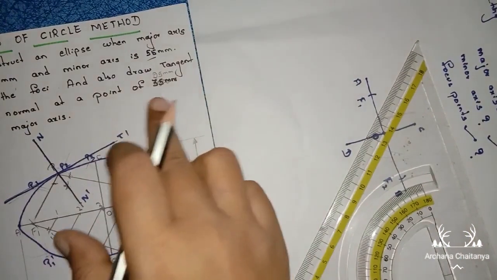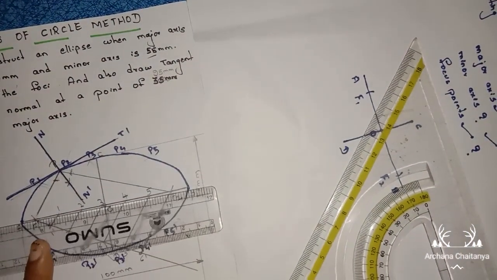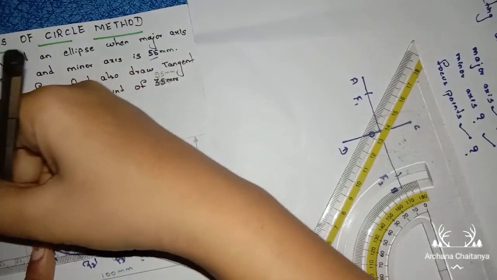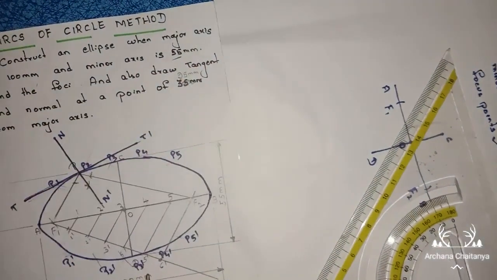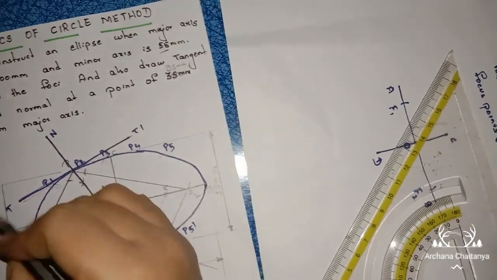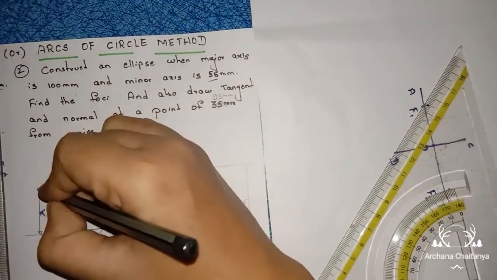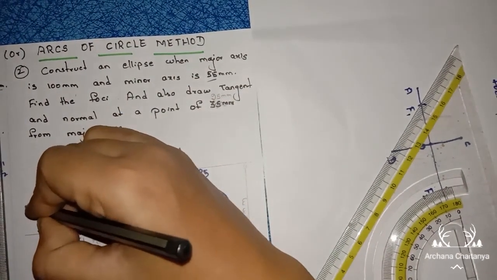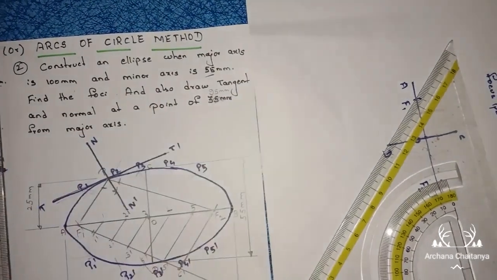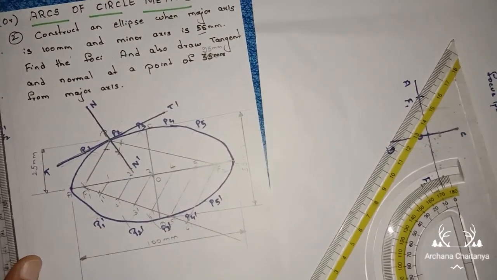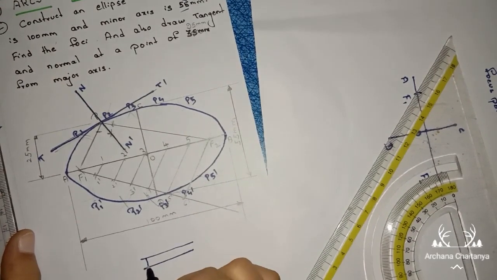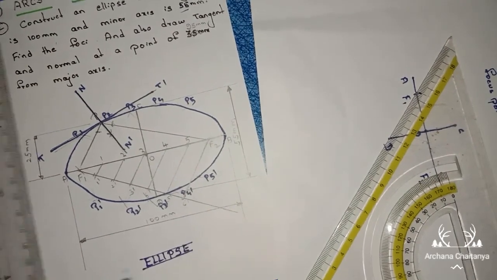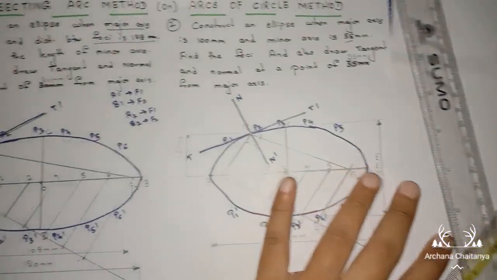Right, then next tangent normal distance is 25 from major axis now. So this is your major axis. Draw the extension line, right. This is your P point. Draw the extension line, right. So here distance is how much here? 25 mm. After completion of your problem, take height 5 mm and write down here ellipse, right. So these two problems are very important, right.